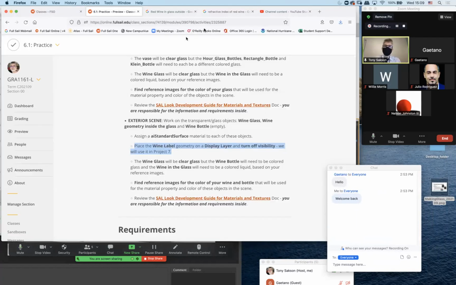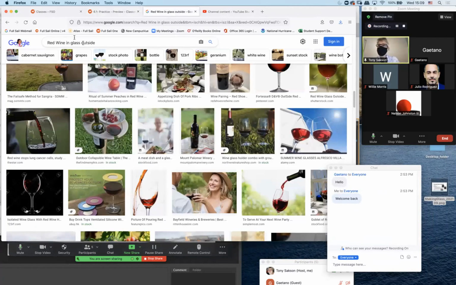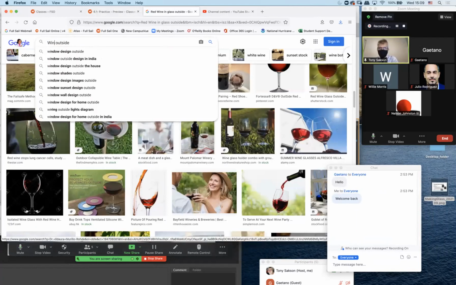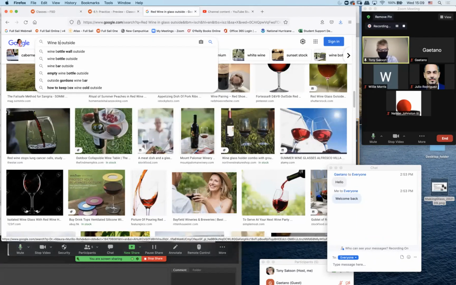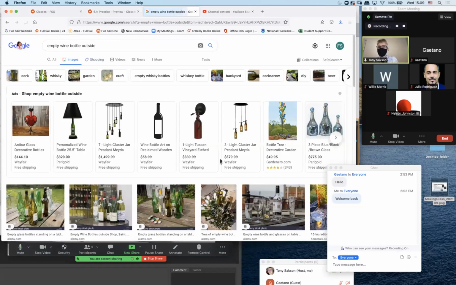So find reference. Top of the list. So let's see. Wine bottle. And let's make sure it's empty. There we go. Wait, how did that get empty in there? Empty wine bottle outside. Don't forget tools,